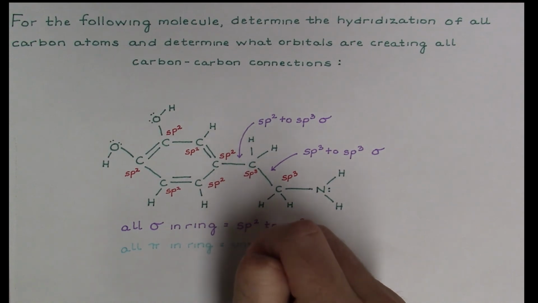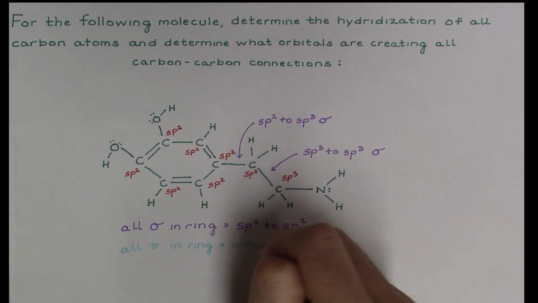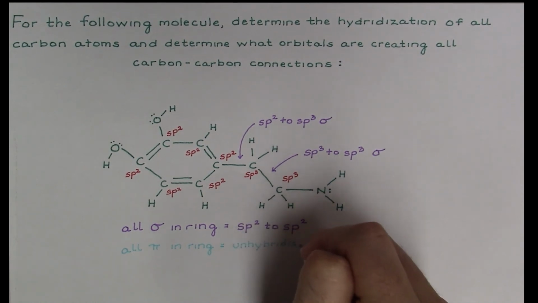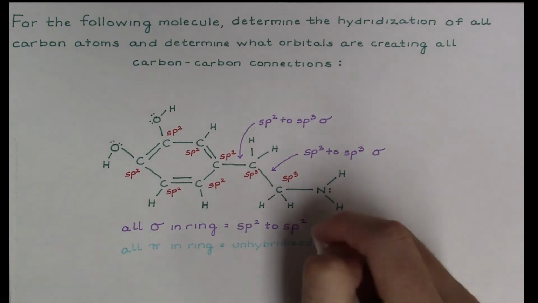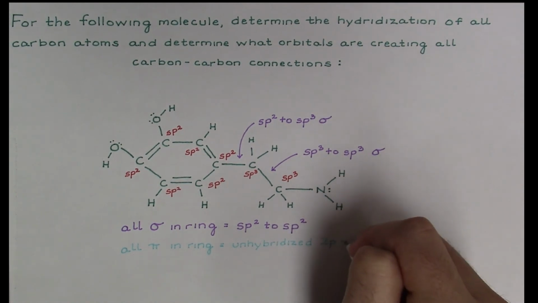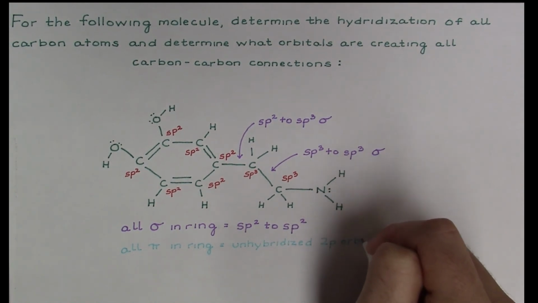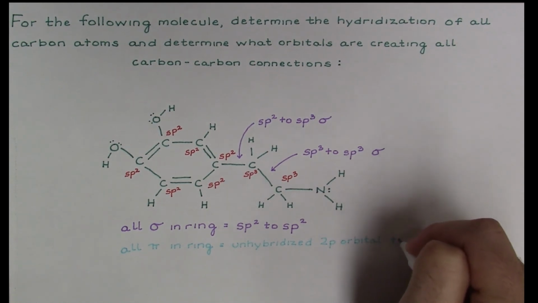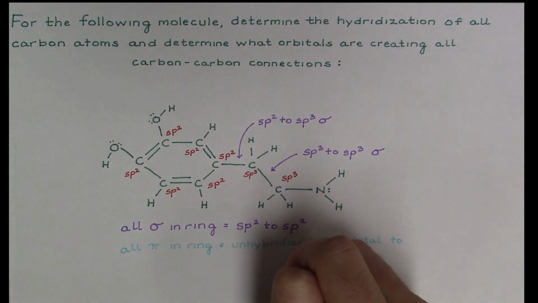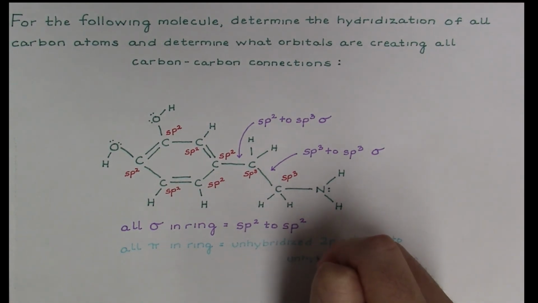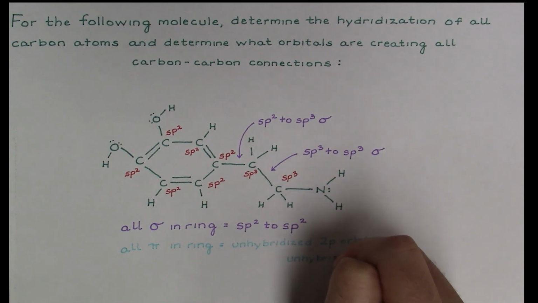If you have 3 attachments, you only hybridize 3 orbitals, leaving 1 unhybridized 2p orbital in each atom. So how we would answer this is the unhybridized 2p orbital of one carbon is going to interact in a pi manner